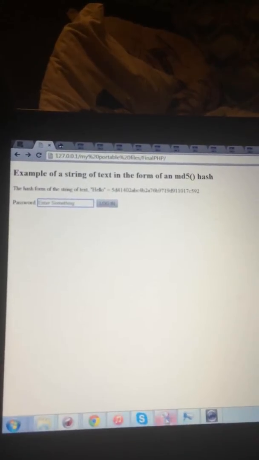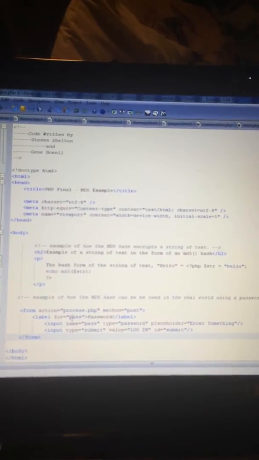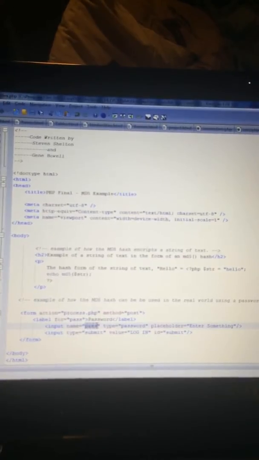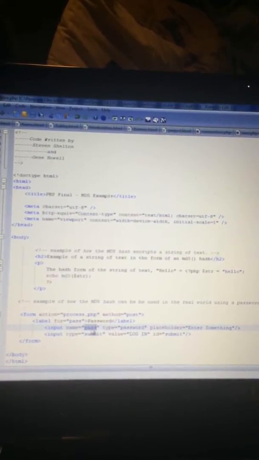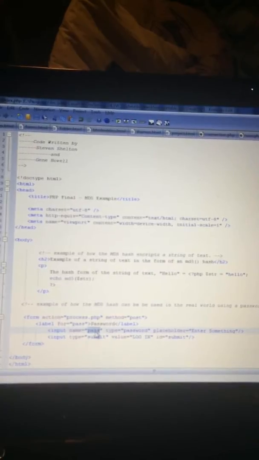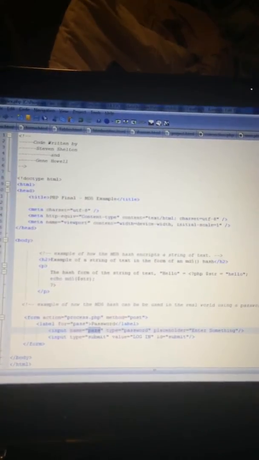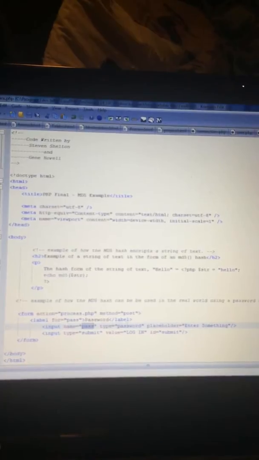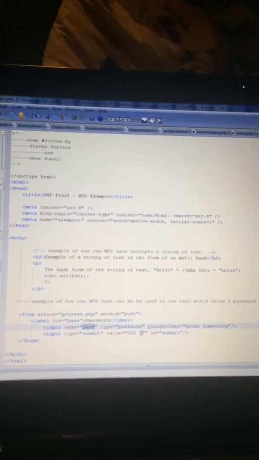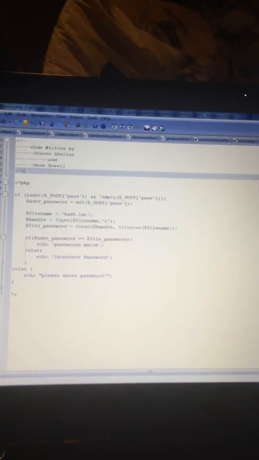So now I'm going to go down here, and as you can see, I've got the first example, and then a form where you're going to pass the variable pass, which is for password. This is the variable that PHP is going to read and turn into an MD5 hash, and of course that's this input field here, and you have the submit button that says login, but it's really just submitting something. Anyway, the next file is going to be the PHP processing script, and what we have here is an